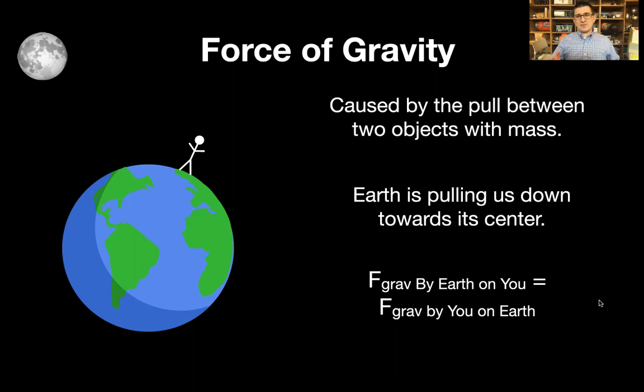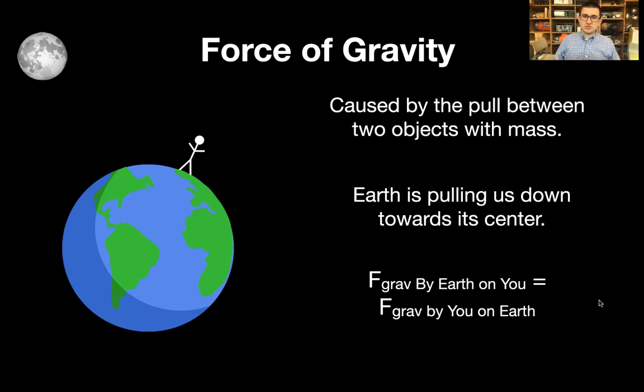But if we look around for objects that have more mass, and I'm not talking about the mass of a building or a bus, I'm talking about a ginormous amount of mass. The only force of gravity that we need to worry about around us is the force of gravity by the Earth on us and everything around us. All the other gravitational forces between two objects like me and the bowling ball are so small we can ignore them. The word for that is negligible. But the Earth, because it has so much mass, is pulling us down towards the center of the Earth.